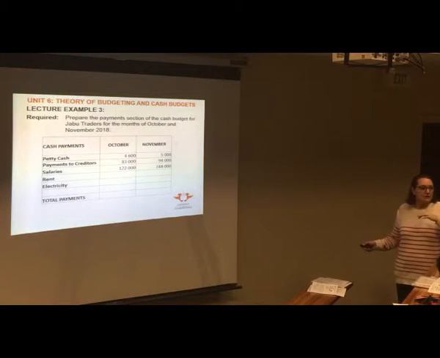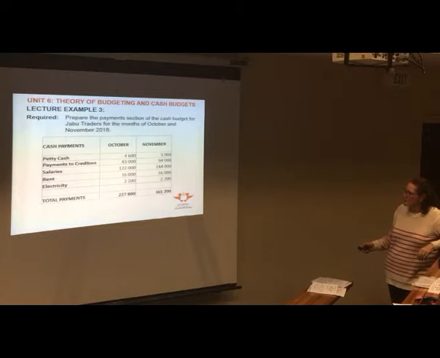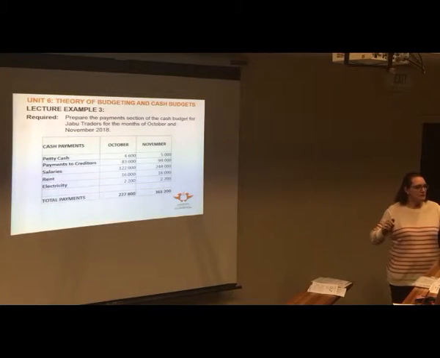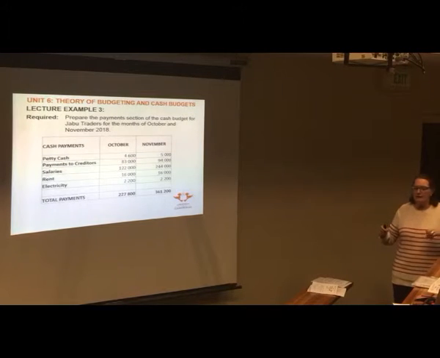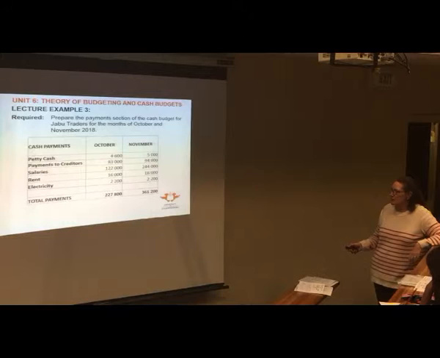I said the 13th check is like a 100% bonus, so it's 244,000. The rent, 16,000, the electricity, 2,200. So you can see in a question like this, there are always easier marks and more difficult marks. Get the easy marks and try and get the more difficult ones too. So your total payments are 227,800 for October and